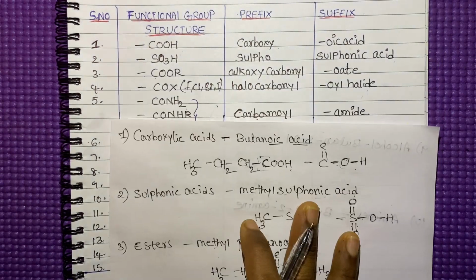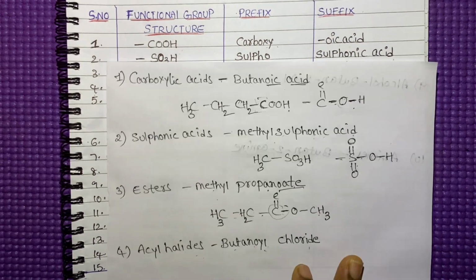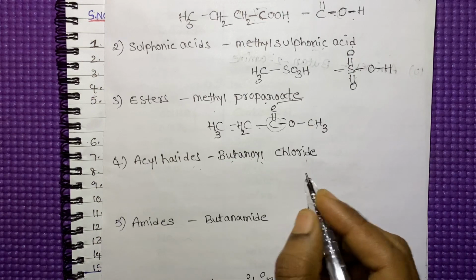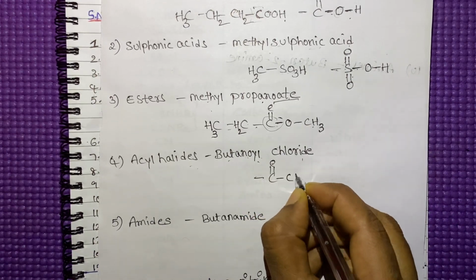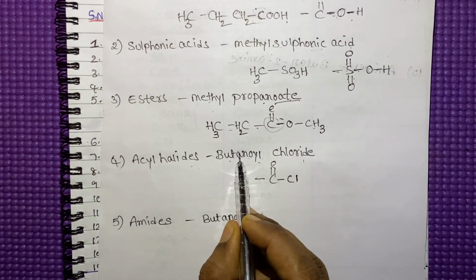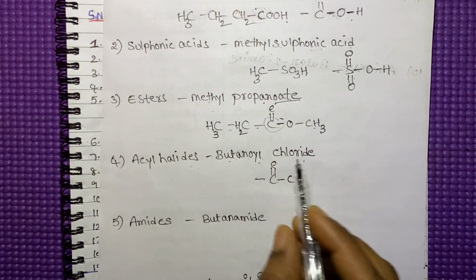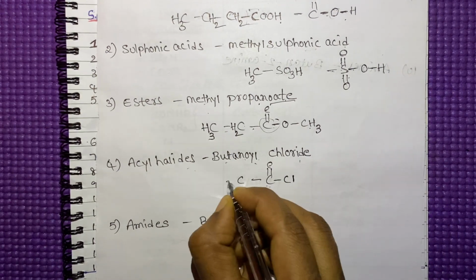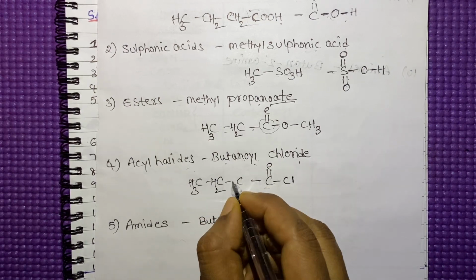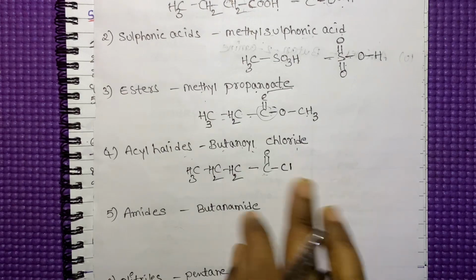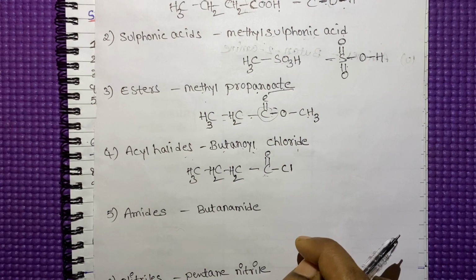What is the structure of the acid chloride? COX. X means halogen group. Here they gave chloride group. Now you write C double bond O, one bond with chlorine. Butanoyl means how many carbons? Meth, eth, prop, but. 4 carbons. Already 1 carbon is there, so we need to add 3 carbons. Now you tell me CH3, CH2, CH2. Butanoyl chloride. This is the structure of the functional group here.